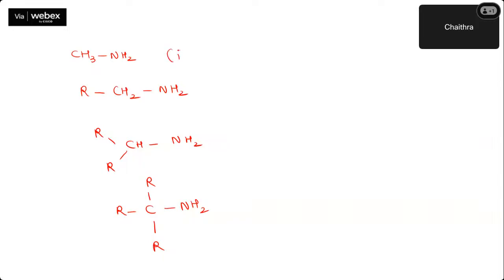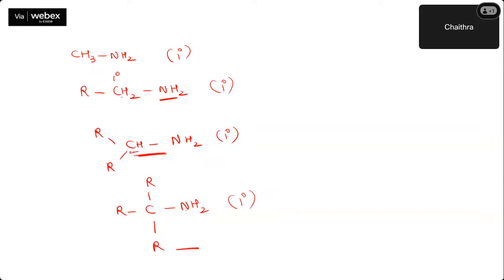First one is very simple. It is a primary amine. Right? You have to answer, guys. So here nitrogen is directly attached to how many carbon atoms? Yes, it is a primary amine. Now, if you have any confusion, this you cannot identify as secondary and tertiary. Now you observe nitrogen is directly attached to only one carbon atom. So this is also a primary amine. Here nitrogen is directly attached to a single carbon atom. This is also primary. So all these amines are primary, but this carbon is primary.